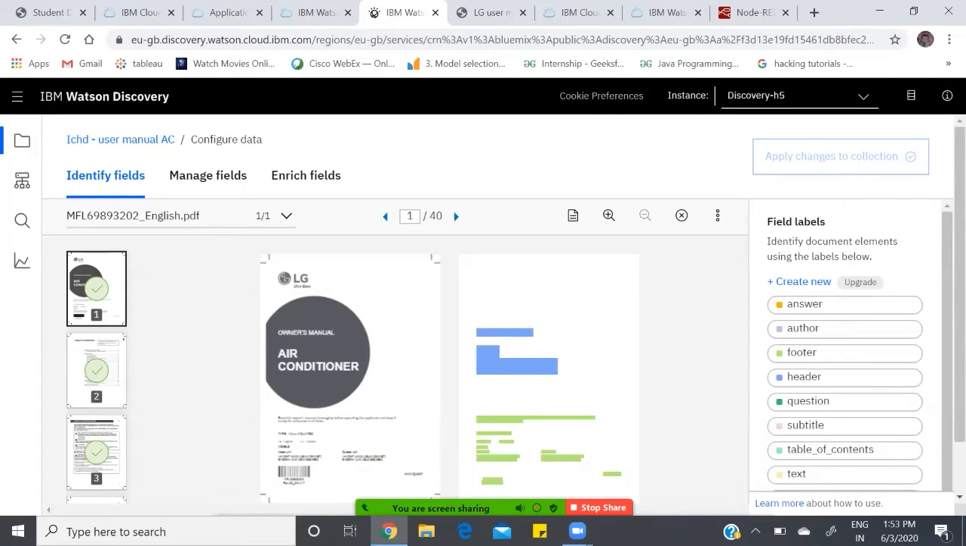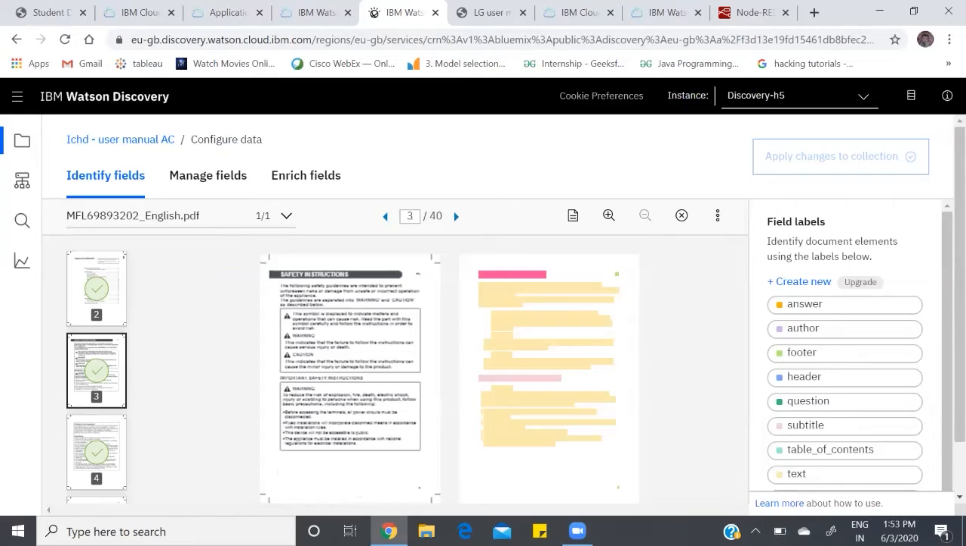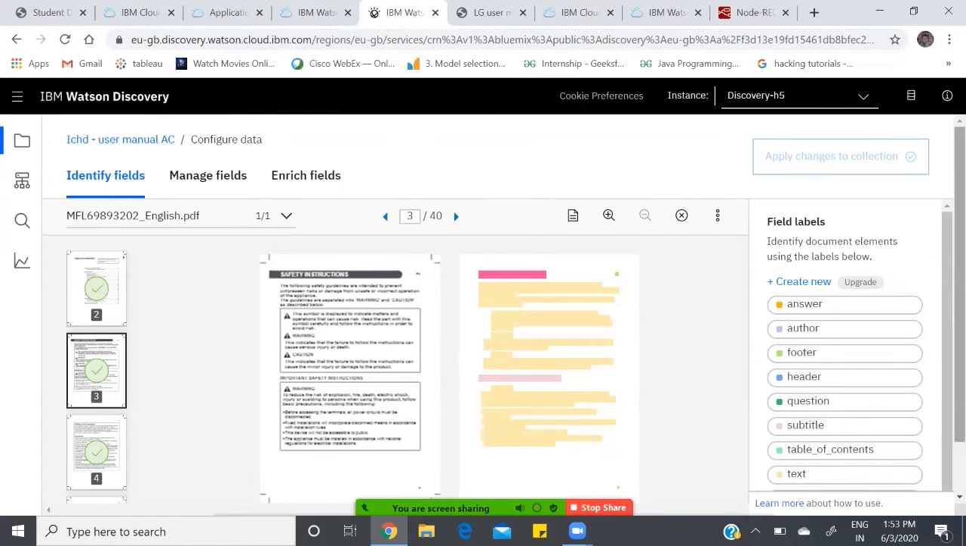You can identify the fields in order for the discovery to understand the field labels such as answers, headers, footers, titles, subtitles, and the table of contents, where you need to mark each of the following in the document accordingly with the help of the right column of field labels and label the matter in order for the discovery to understand it. Then you can save your changes by clicking on Apply Changes to Collection in the right top here,